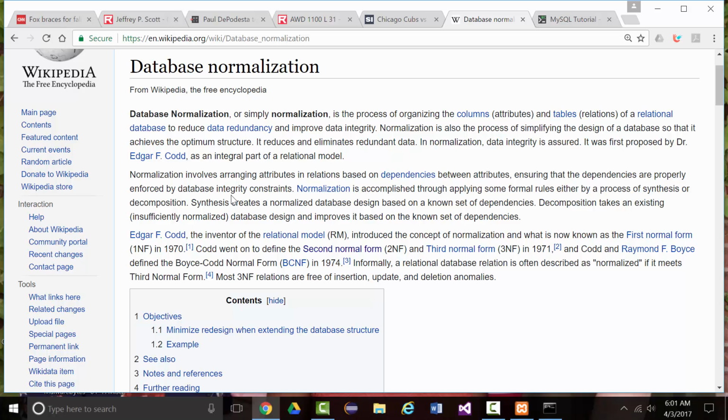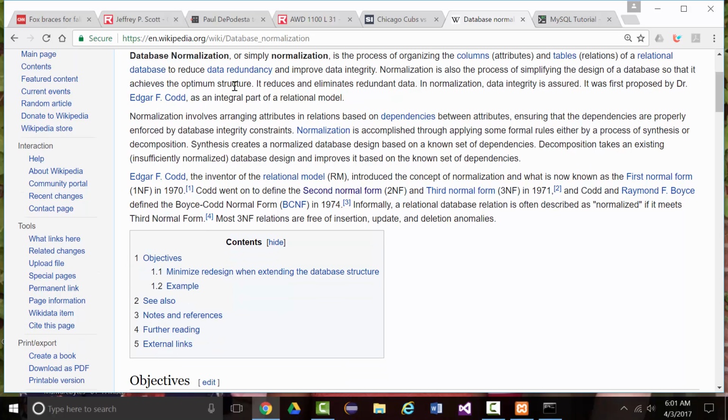All right, so it says, again, normalization is the process of organizing the columns, which we have been calling fields, and the tables, which they call relations, of a relational database to reduce data redundancy. The key word here is actually reduce. Some people think you want to eliminate it. You typically cannot eliminate data redundancy. And the reason that you cannot typically